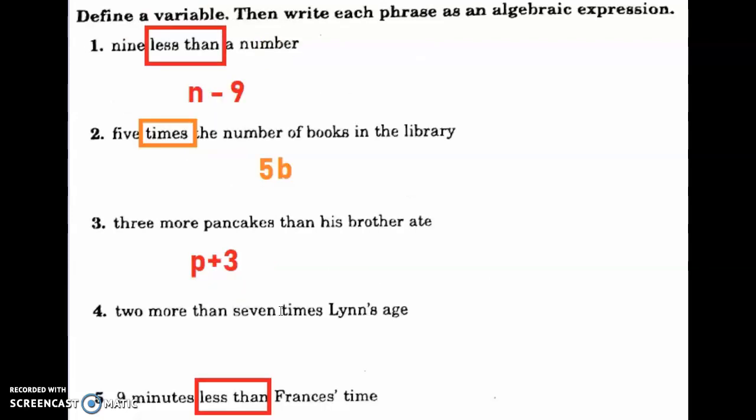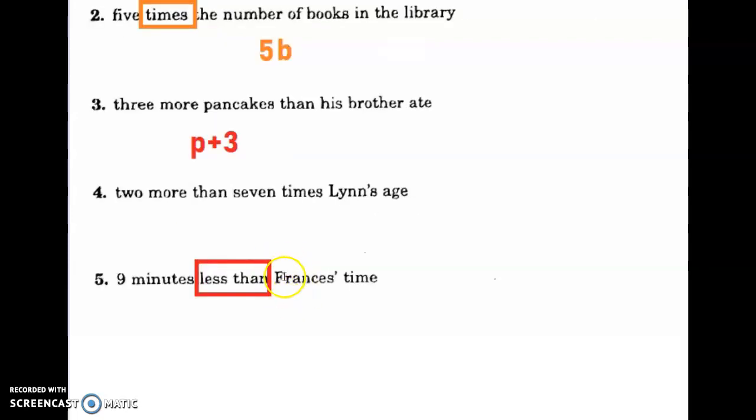Let me see if I can try to help you with one of the word problems before I keep going. But I would circle or highlight your key terms, and then look at the notes we took in class to see what that falls under. Is it addition? Is it multiplying? Like over here, there's a couple, right? We have more than and times. On this one, we have 9 minutes less than Francis's time. So look at those keywords when you're looking over these